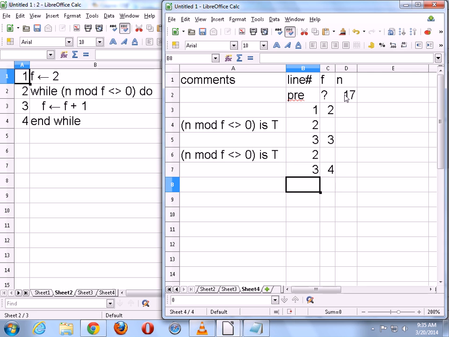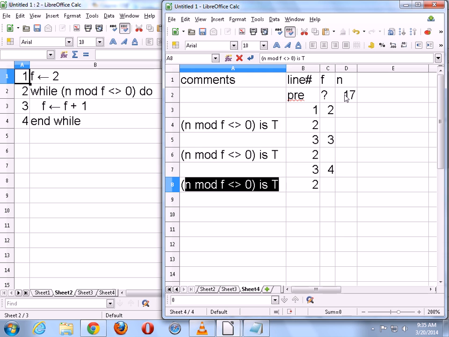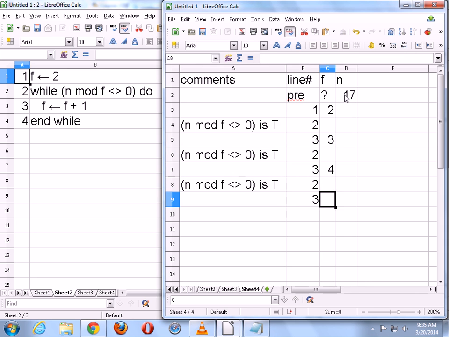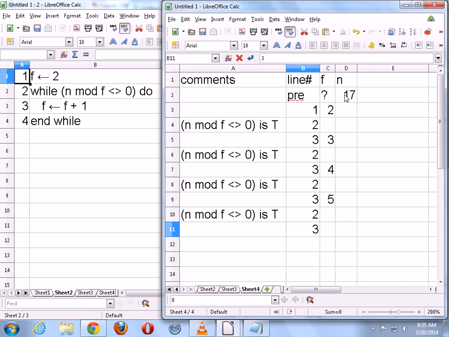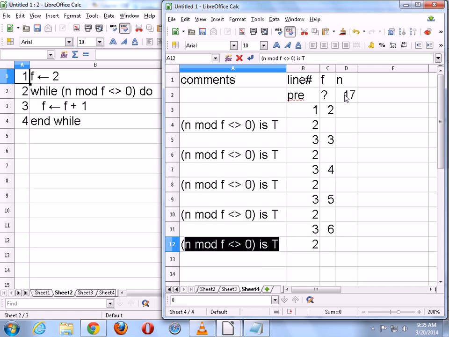Let's check 4. Now I know 4 is not even a prime number, but it's not going to hurt because 17 divided by 4 has a remainder of non-zero. In other words, I cannot possibly misidentify 4 as a potential factor. So we go to line 3 again. We now check 5. Go to line 2, and 17 divided by 5 has a non-zero remainder. We go back to line 3. Then we go to a value of 6. Go back to line 2.